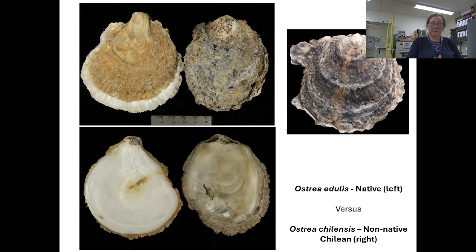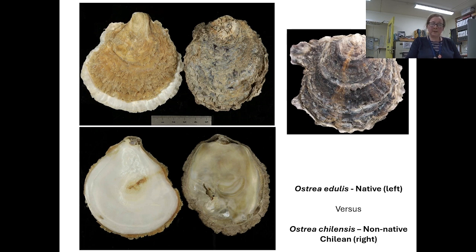It reaches a maximum size of around 8 centimetres, compared with our native species, which reaches a maximum size of 10. The inside of the shell is a creamy to yellowish as opposed to white, and it was introduced in the Menai Strait in the 1960s to be farmed, as it too grows a lot quicker than our native oyster, but populations didn't take off, and it was given up as a species that could be farmed here. However, it is expanding slowly in its range in North Wales.